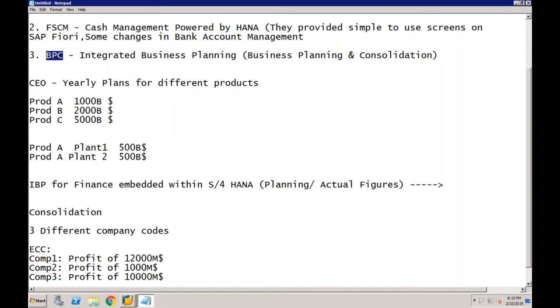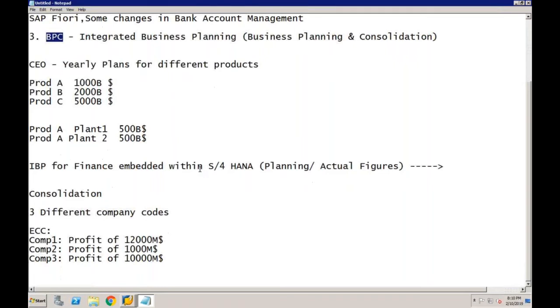Any question here? Have you understood now what is IBP, how it is different from BPC, and whether it can be completely replaced or not? So maybe somebody can ask you, if I go for IBP, is it like I don't need BPC at all? So the answer should be